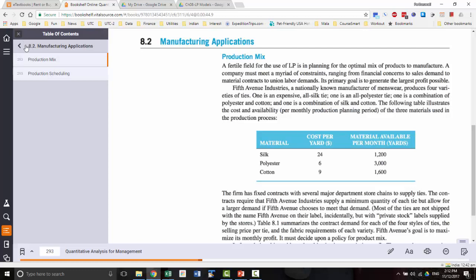Next is manufacturing applications. So we're going to look at two different examples here. One is product mix and production scheduling. So the product mix problem here, we have a company that produces